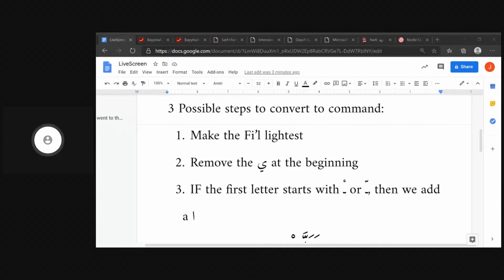Will there be a test after this intensive? No, there won't. What's my last name? I'm not going to give you my last name. Intensive 4 is going to be the same as intensive 3 again. So we're going to be going over sarf again in intensive 4. So we might have a test at the end of intensive 4, but we won't after this one.